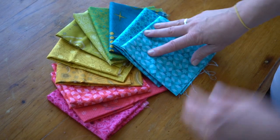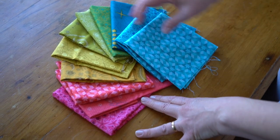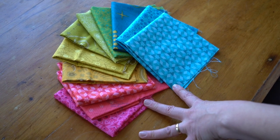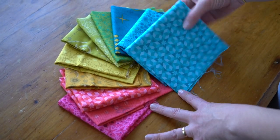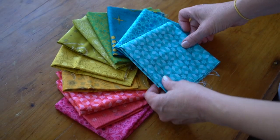So these are some Alison Glass fabrics. I've never used Alison Glass until recently. I've just started a second badass quilt using her fabrics. And I love the intensity of the colors of them, and as you can see, they also read as a solid, even though the designs themselves are quite busy. I mean, that's a pretty busy design, but I think it's going to look beautiful when paper pieced on the